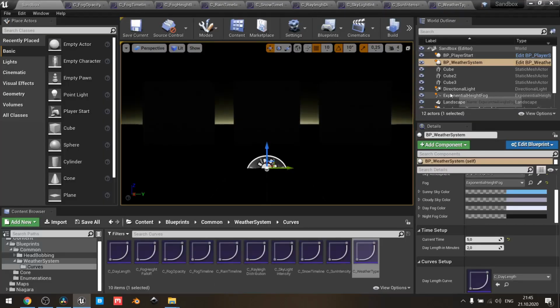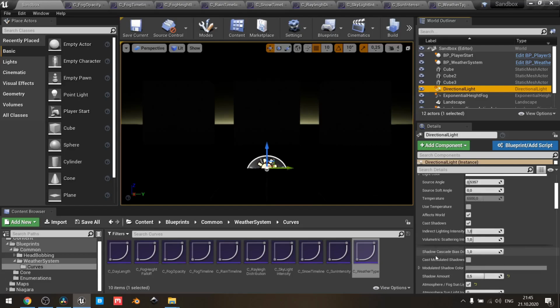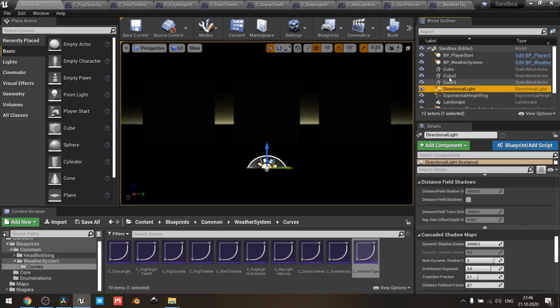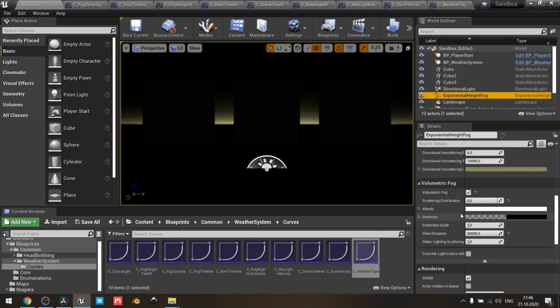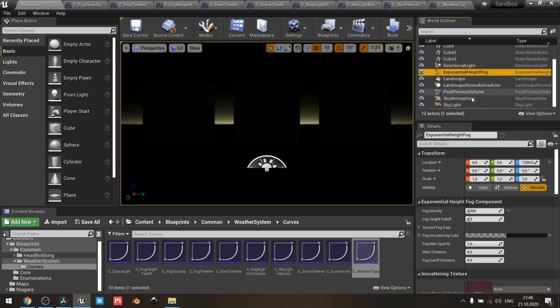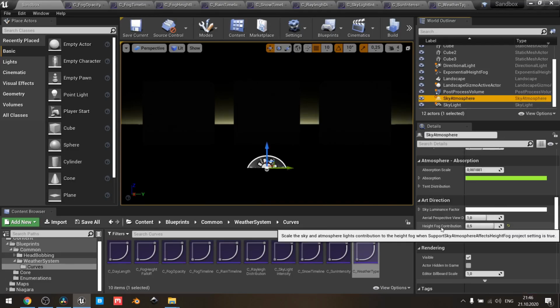So next, as for directional light, I set shadow amount to 0.5. Updating this value every frame is very costly. So just for this basic weather system, we'll go with some constant value. Next, exponential height fog. I just changed scatter distribution, and I also changed its height due to need of my level. As for sky atmosphere, height fog contribution I set to 0.5,